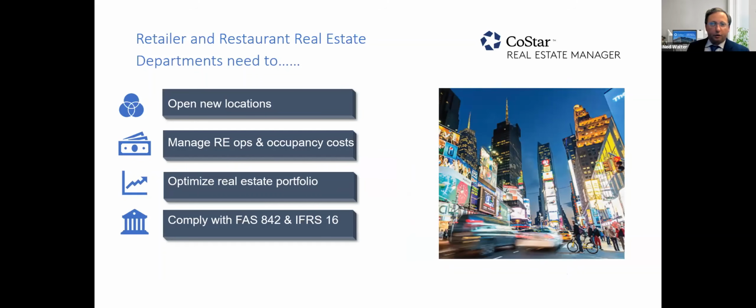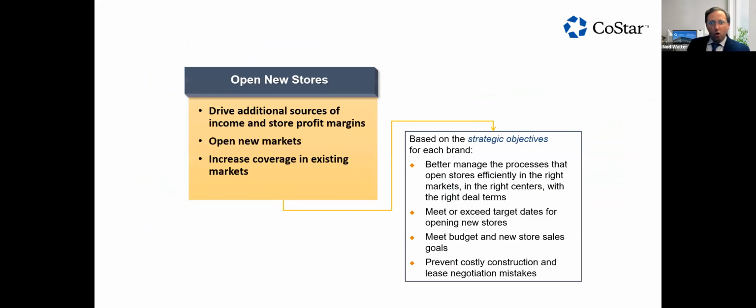And really, what a retailer and restaurant real estate department needs to do is a couple of things. You've got to open new locations, manage your real estate and occupancy costs, optimize your real estate portfolio, and then ultimately, now more important than ever, comply with FAS 842 and IFRS 16. So when we talk about, next slide, opening new locations, really it's about managing your deal pipeline, ranking sites, capturing